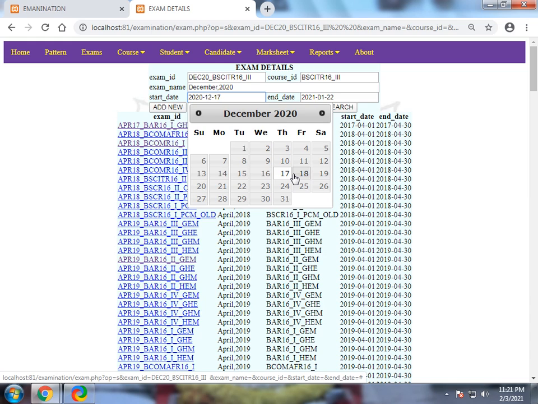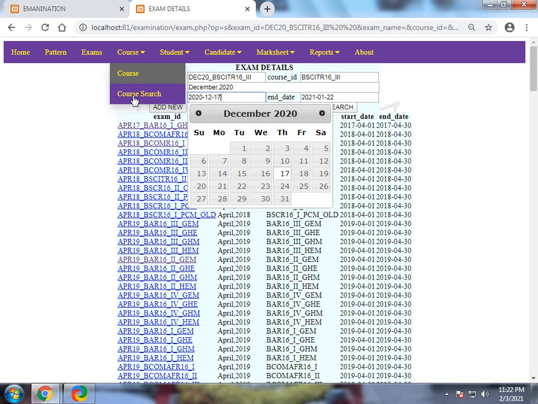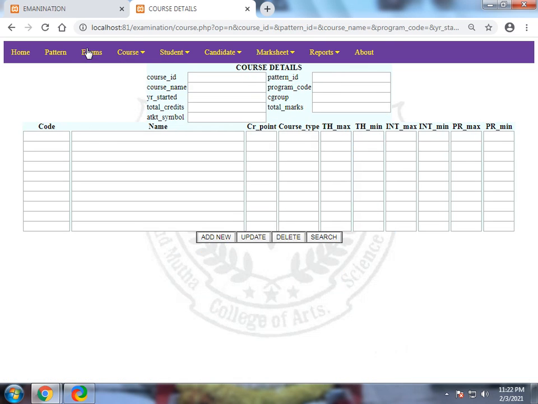So I made this prefix so that our date format must be as per the DBMS format which is going to be used. And we can convert it into another format if we like, as the date format changes. We can change it in two ways: inside JavaScript itself, or directly in the database itself. So these are the exam details. And now we can see the courses. There are simple courses. Okay, so course search.